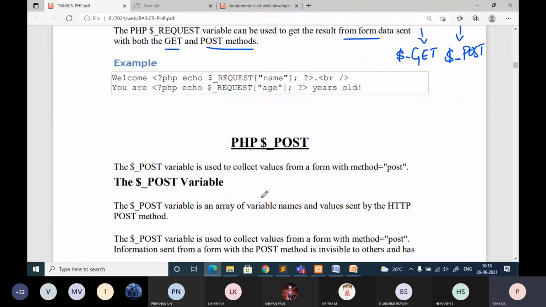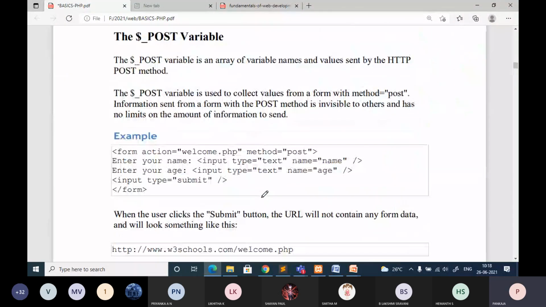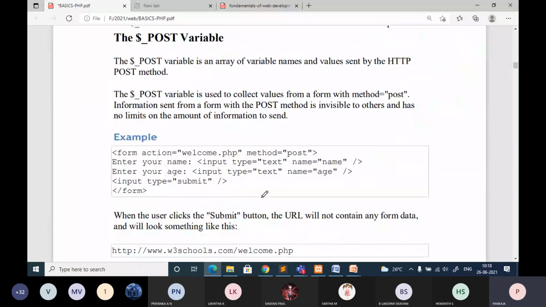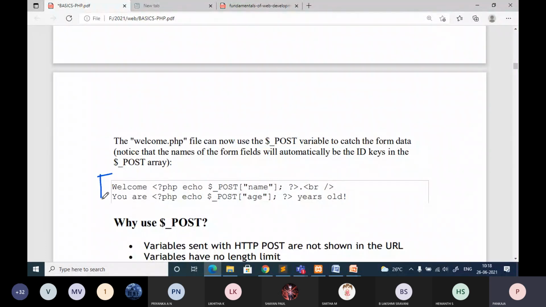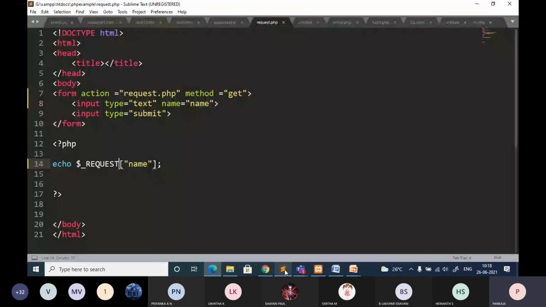In the textbook also they have given it, you can just refer to the textbook also. And you write this type of code when you are explaining these variables, post and get variables, and also the PHP part. Or you can write the complete program. This HTML part is not required. You just write the form and PHP part. So that's all about request.